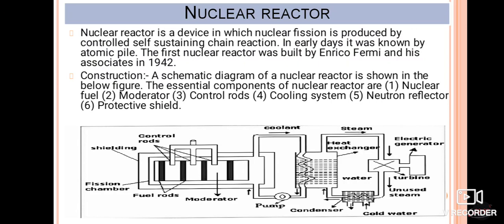And the neutron reflector is inside the chamber itself. The next is the protective shield, or we can call it the entire fusion chamber, the upper side for the shielding purpose. In the diagram you can observe the shield. So this is the diagram. In this case, with the help of fuel, the nuclear reactor starts the working process, that is, the nuclear fission is produced. How the moderators work, we will explain now. Just observe the diagram here.